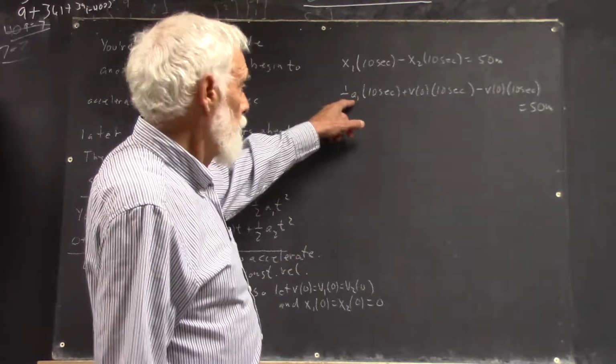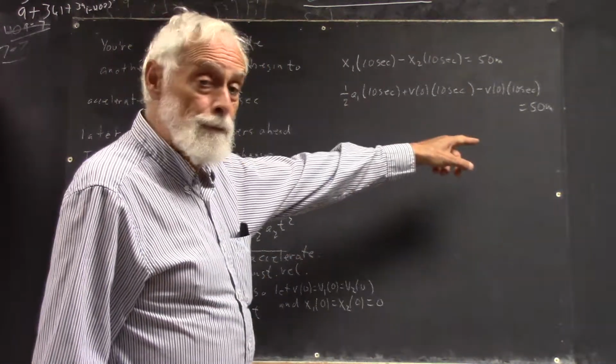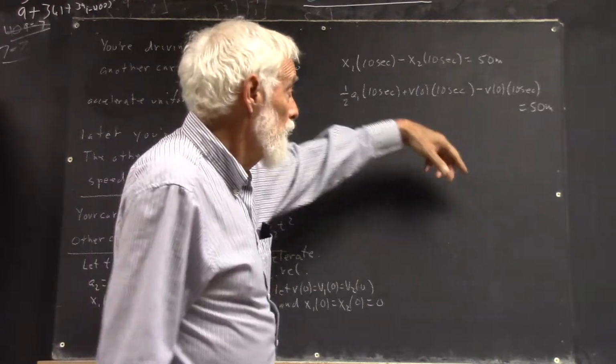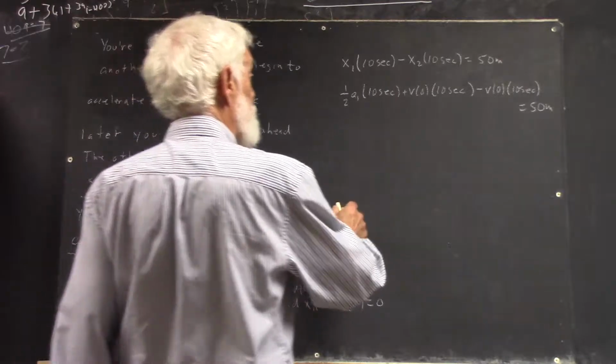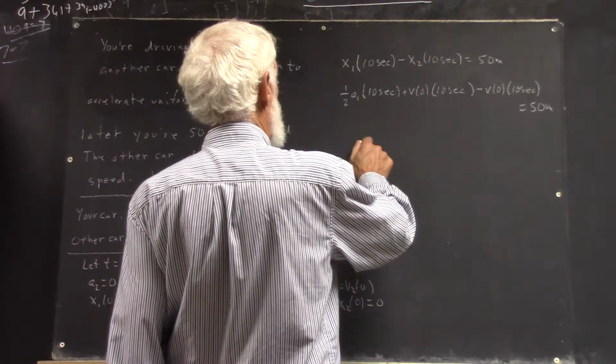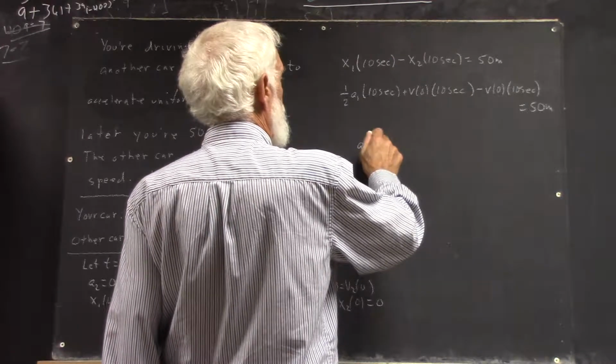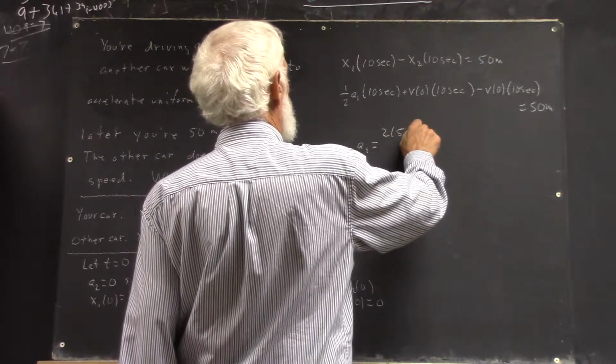We just have one unknown, acceleration, and everything else subtracts away. I don't like the word cancel. Okay? So you have a1 equals 2 times 50 meters